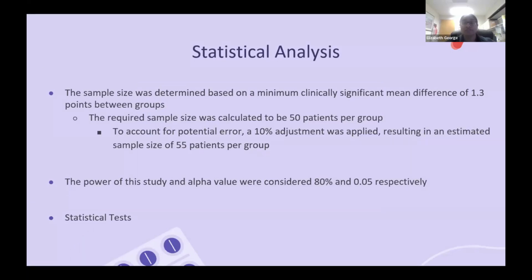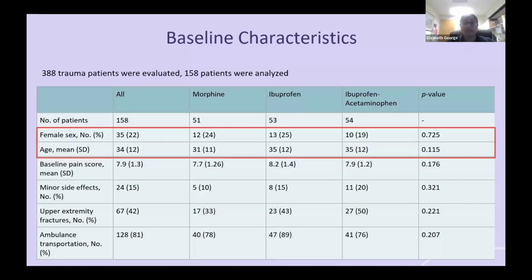And some statistical tests utilized were the independent sample T, paired sample T, one-way ANOVA, and chi-square test. As for the baseline characteristics, 388 patients were evaluated and 158 were ultimately analyzed because the rest of them did not meet the inclusion criteria. And then looking at the baseline characteristics, two things I did want to point out are the sex and age. 35% of the patients were female, meaning that the majority of the patients included in the study were male. And then looking at the age, across all three groups, most of the patients were in their mid to early